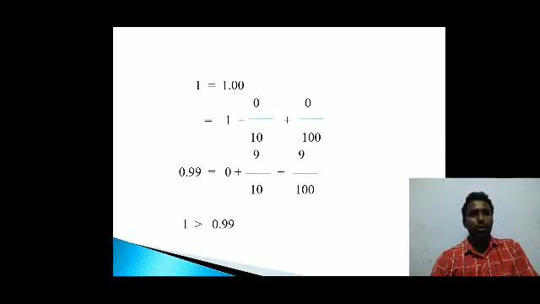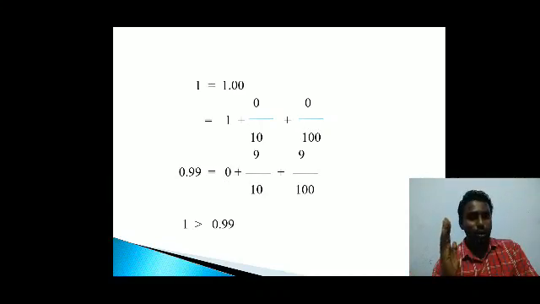Okay, now if you look at the 10th digit, sir, first one 0, second one 9, so 9 is greater than 0, sir, so we can take 0.99 as greater, sir. No, first you have to look at the whole number. What is the whole number? The digit before the decimal point, okay, not after, before the decimal point. What number is present? There it is 1, here it is 0. That means the whole number is different.